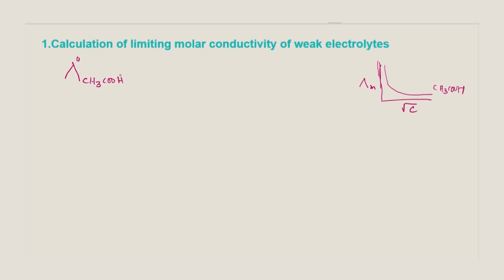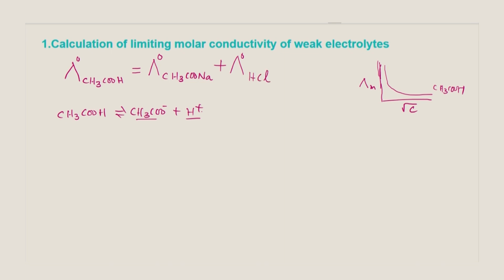Now, what we do in this is, we will find the lambda 0 value of a strong electrolyte which contains the ions that we have from acetic acid. Acetic acid is supposed to split as acetate ion and H plus ions. So, we are going to take strong electrolytes which contain the acetate ion and H plus ion. In this case, I can take this as sodium acetate. So, from this electrolyte we will be getting the acetate ion. Now, add the lambda 0 value for an electrolyte that contains H plus ion, again that should be a strong electrolyte, let that be